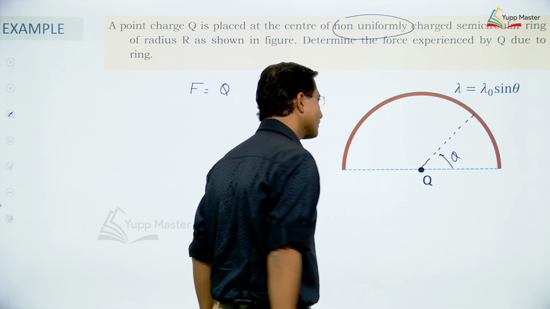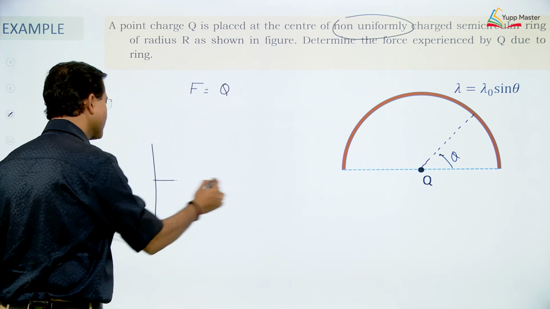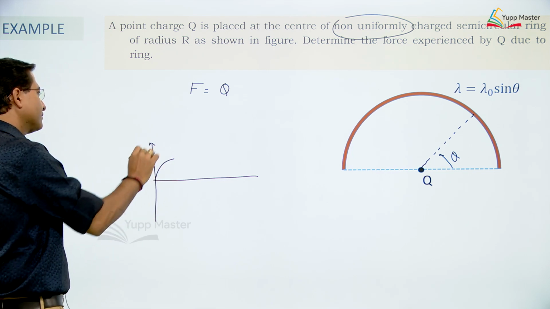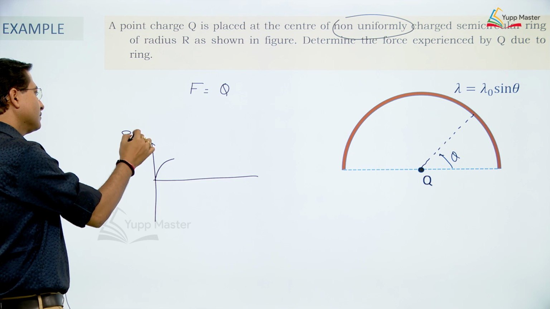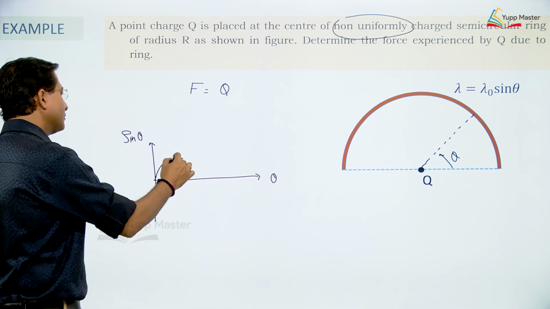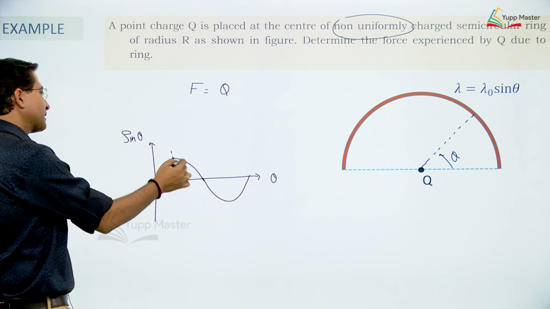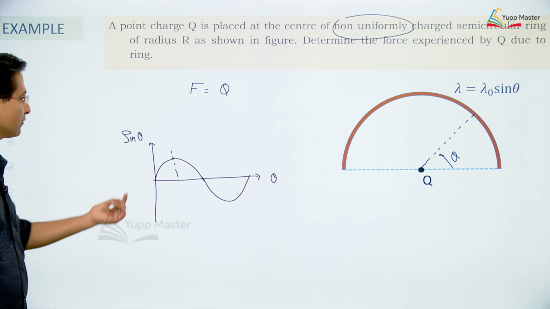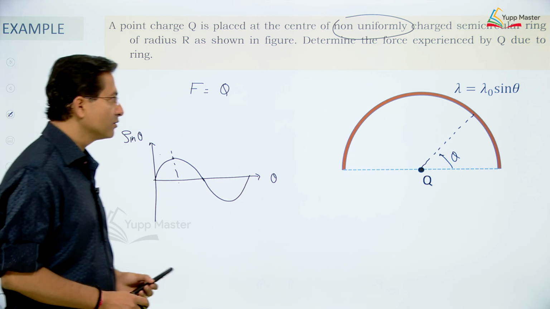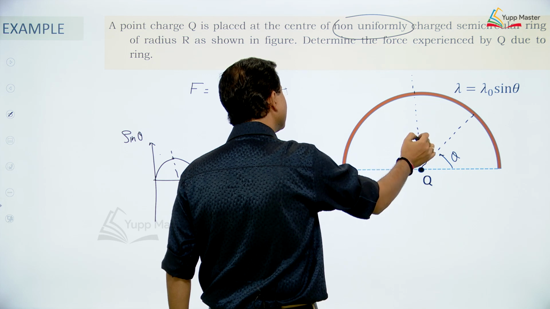the positive x axis. So you can see that in the first quadrant, the sine curve will be something like this. So first quadrant positive, second quadrant also positive, and from 0 to 90 degrees, as you keep increasing the angle, the value keeps increasing. So if I want to draw the distribution, you can easily see that it is non-uniform.